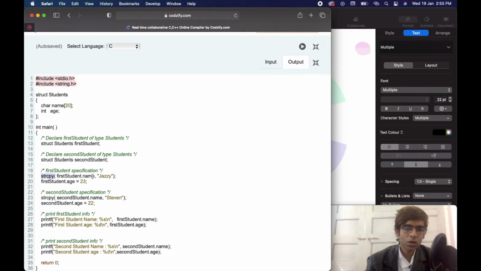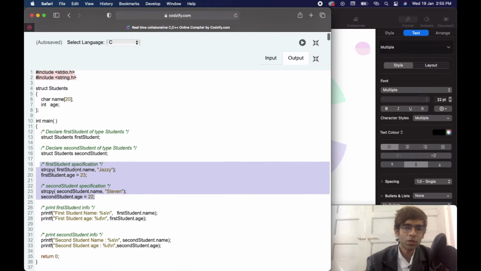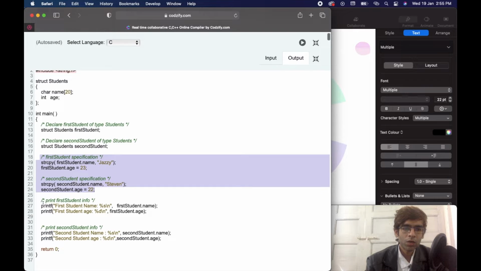So for the first student's name I want Jazzy. Similarly, second student dot age is equal to this, and we have to copy Steven to second student dot name. So what we have done here is add the data, initializing the variables of the structure. Now we will print it.